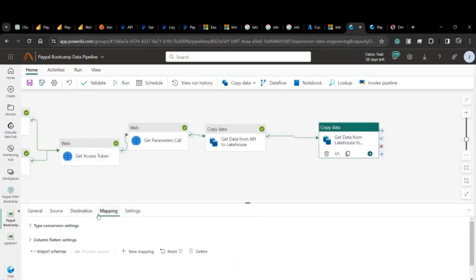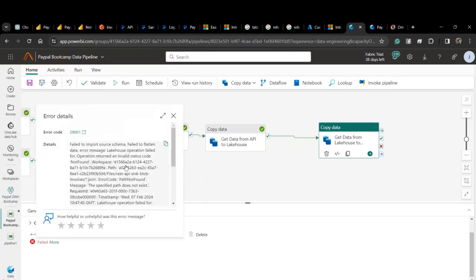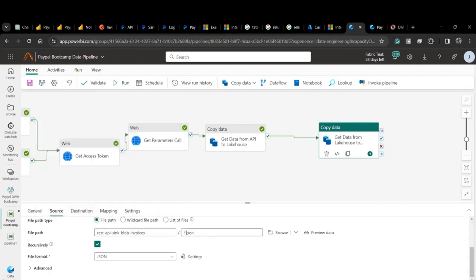Now go to mapping. You have to import the schemas so that columns are mapped to the correct destinations. Okay, star.json doesn't exist now, so you can provide it as 1.json, 0.json. Now if we click on mapping,